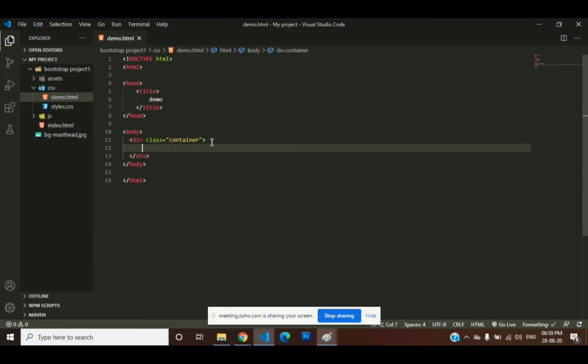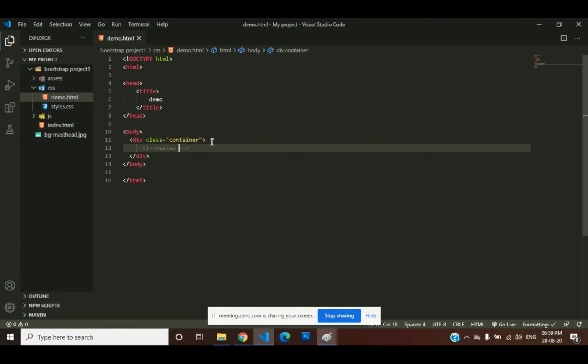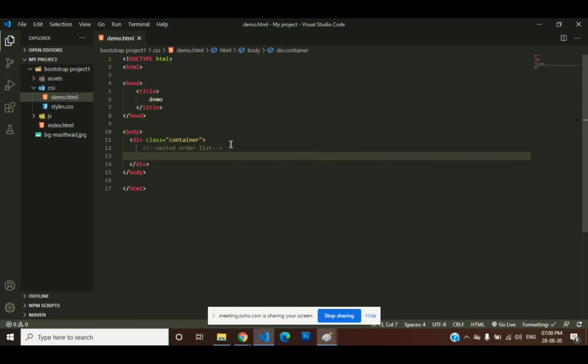See here, what will happen? Let me take nested ordered list. Now I'm going to insert a nested ordered list.